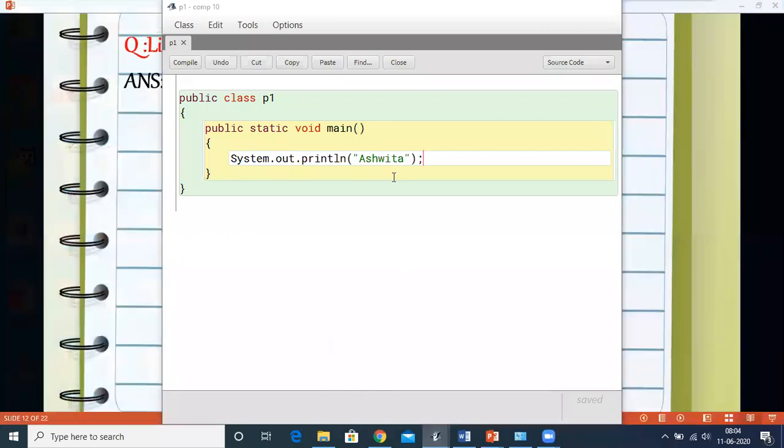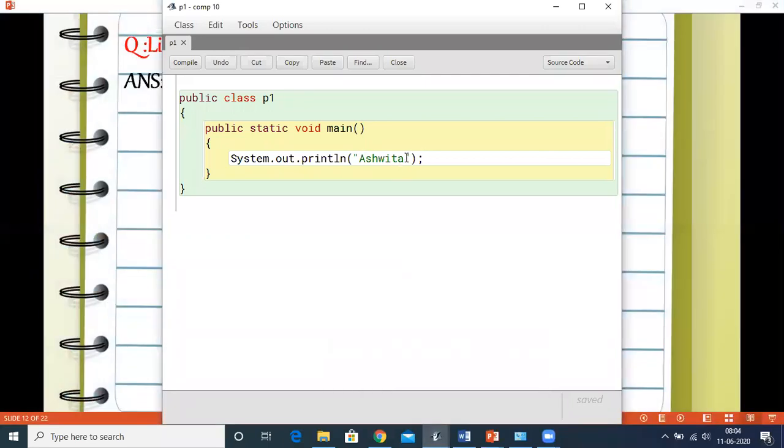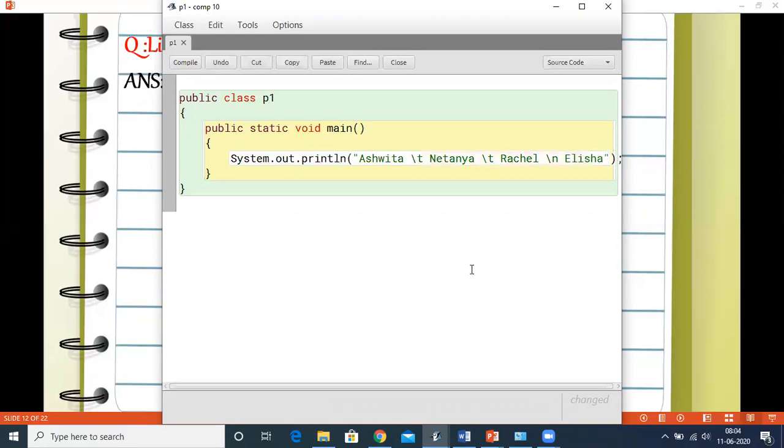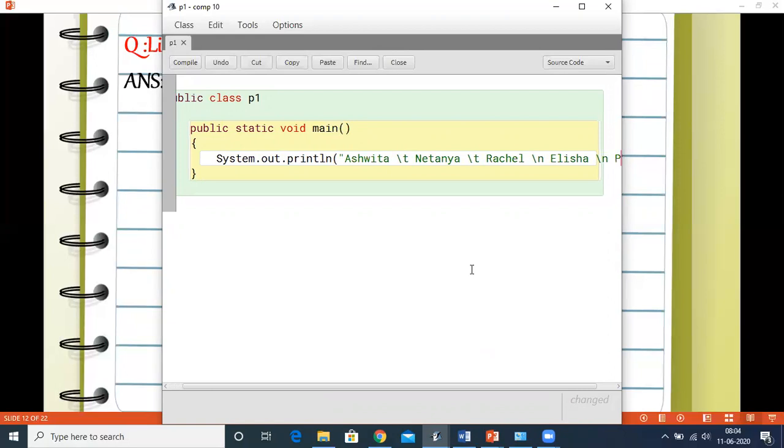Suppose in the same statement, I write here Ashita, then I write backslash t, then here Netanya, then backslash t, then here Rachel, then backslash n, Alicia, then backslash n, and say Priyanshu.